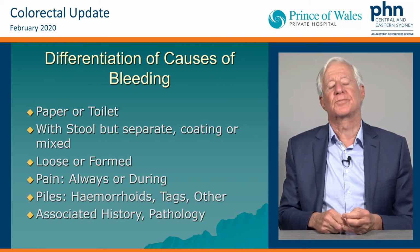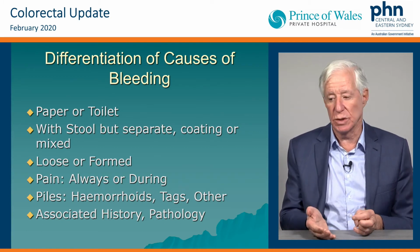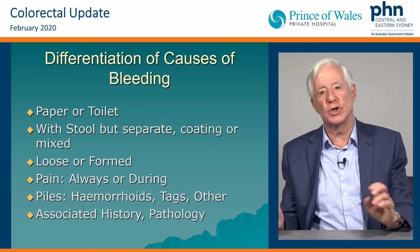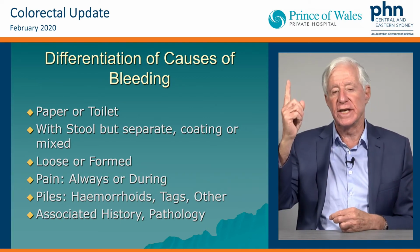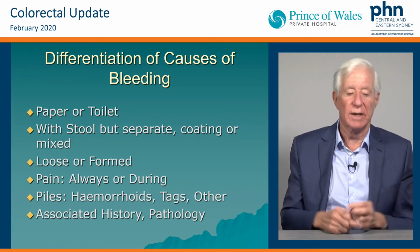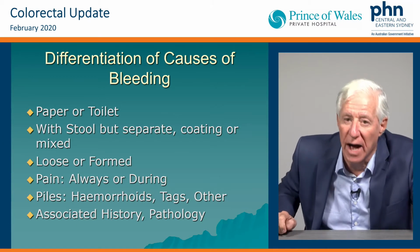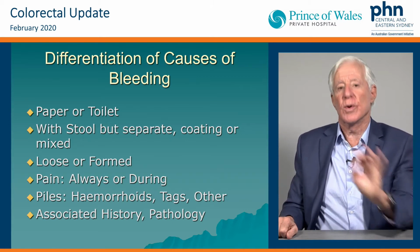Remember that the vast majority of hemorrhoids today can be dealt with by simple office procedures, and we'll come to that. So once you've assessed on history, and once you've assessed with whatever tools you are comfortable using and have available to you in your practice, be it a digit with a glove, be it a proctoscope, be it even a rigid sigmoidoscope, perhaps not so common these days in GP surgeries, but still. Once you've assessed the history and have got in your mind what you think you're likely to find, and then you have done the amount of examination with which you're comfortable,